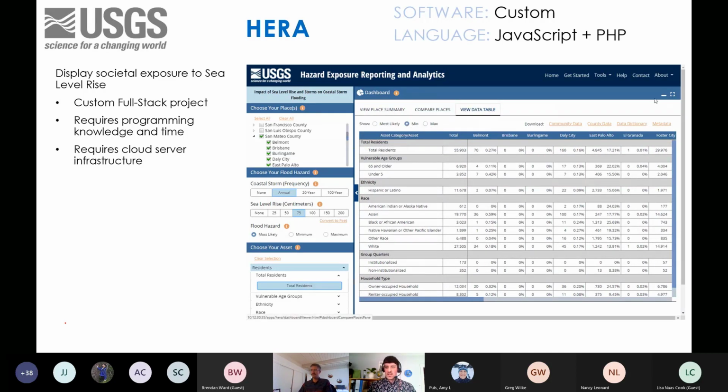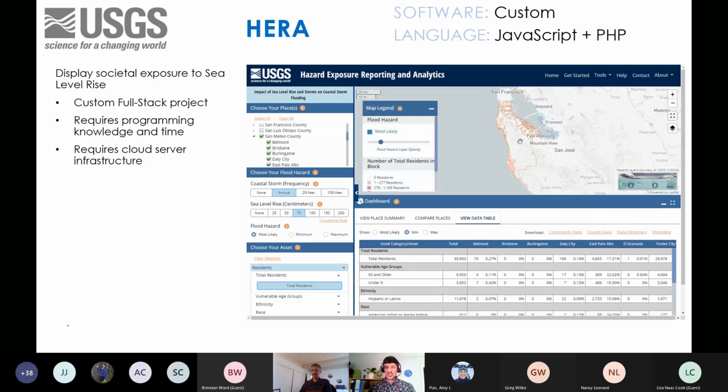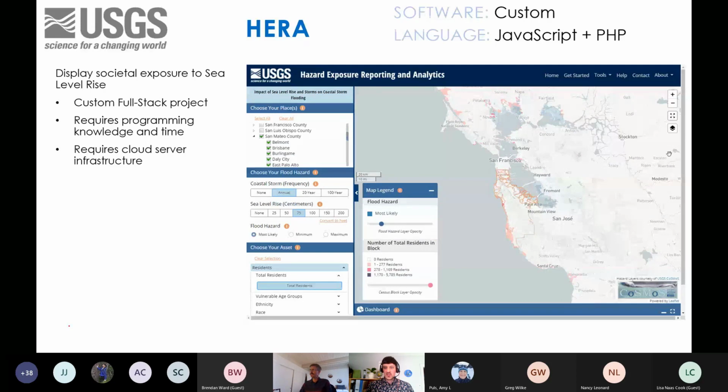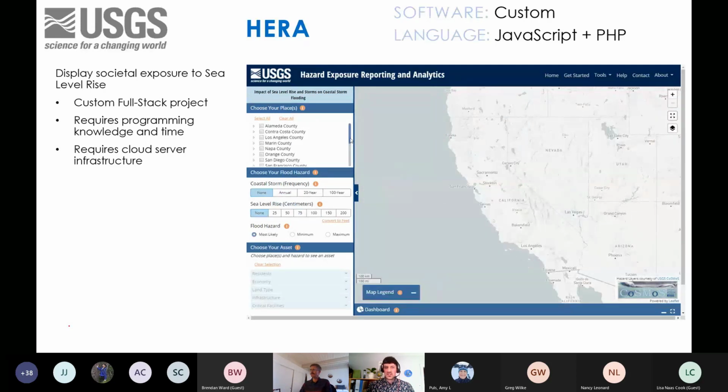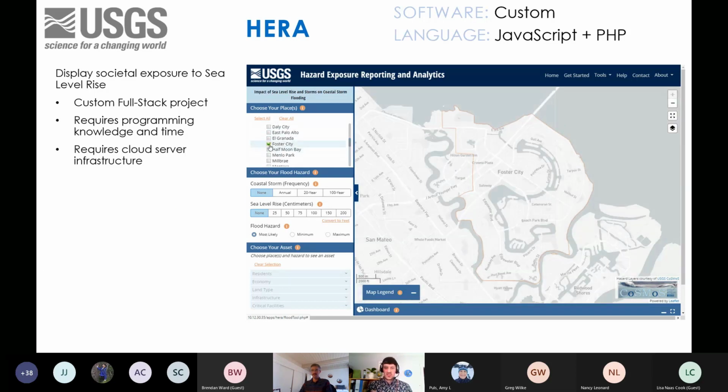And in order to do this justice, we went full in on the cloud infrastructure side. I think we were the first application in USGS's new cloud hosting services infrastructure. That uses Amazon Web Services, and we have a full stack with a web server, a geospatial server, and actually, Jeff, you can go to the next slide.